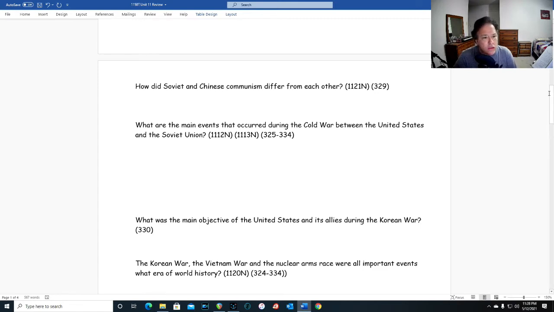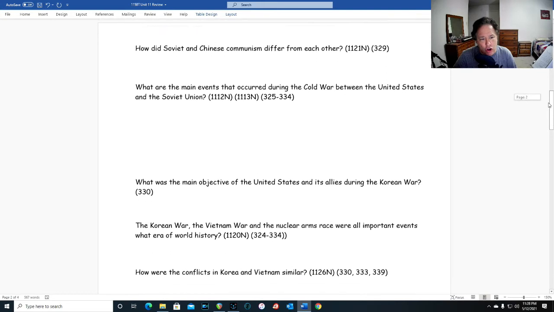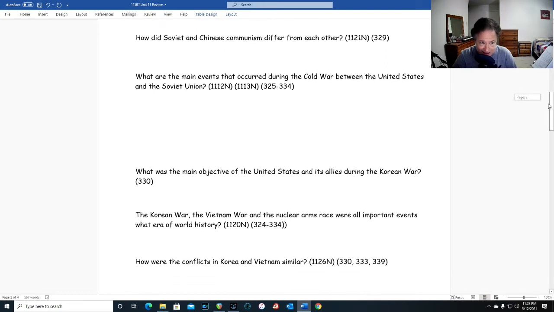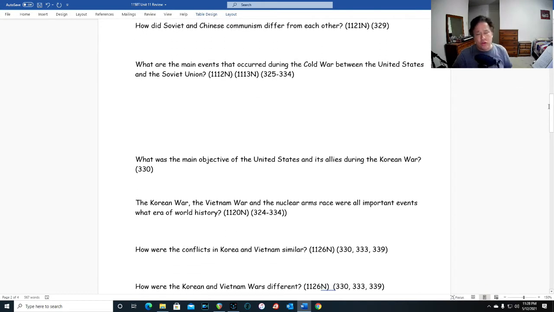And so what are the main events that occurred during the Cold War between the United States and the Soviet Union? You could list for days the events that occurred during the Cold War between the United States and the Soviet Union, and you can list even more if you want to throw China into the mix. But just to cover the highlights, consider these: the fall of the Iron Curtain over all of Eastern Europe, the announcement of the Truman Doctrine and its containment policy,